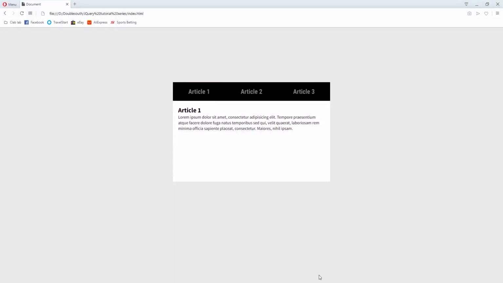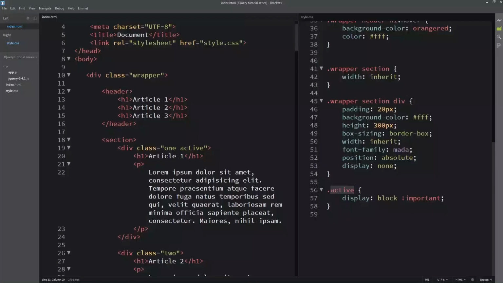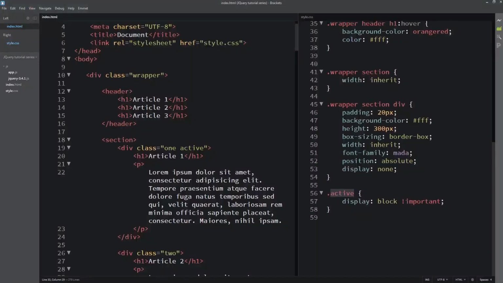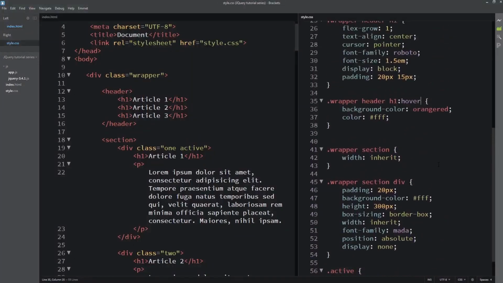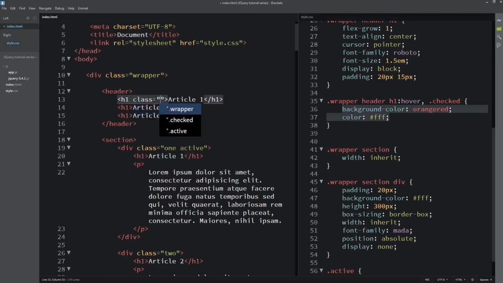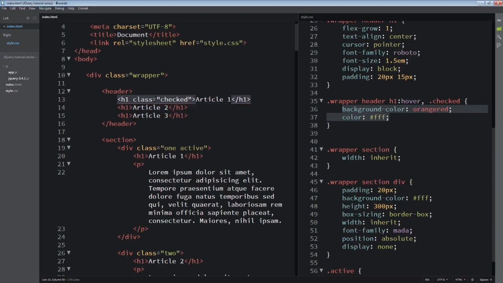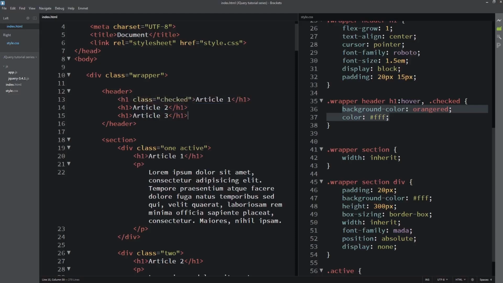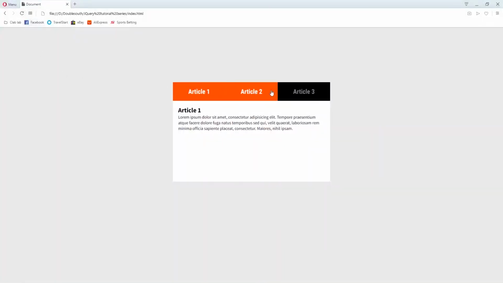So to achieve that, I'll come to my code, and you see this place where we target the hover states. I'll put a comma here, and I'll put on that class is checked. So this checked now gets the same effect as when they hover. So I'll come to the H1, make it the first thing I'll select now. I'll create a class, I'll call it checked. You see, so more refresh, more see. So we'll not get the design.